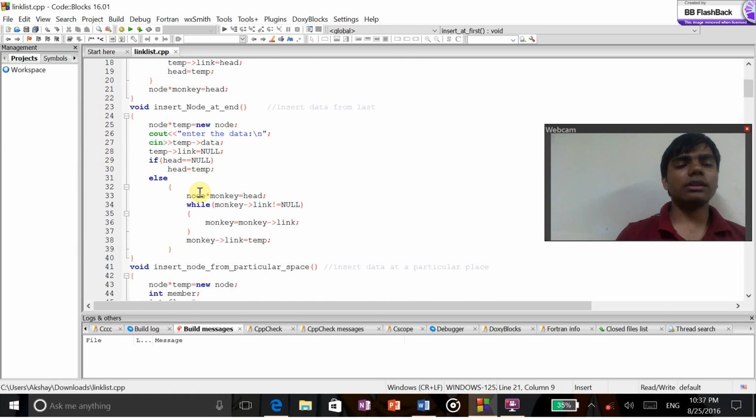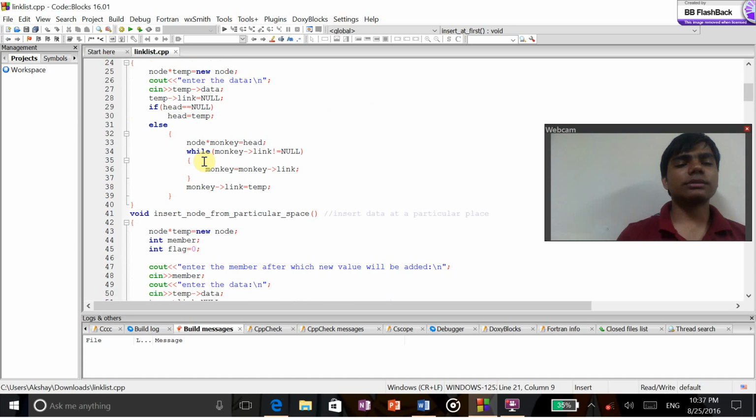Now another function we are creating is insert node at the end. This will place my input at the end of the linked list. So in this, we are creating a temp pointer variable, which will create a new node. Whatever data input will go in this temporary variable, and if the linked list is empty, then the head will be null, and it will be stored in this temporary variable. Otherwise,